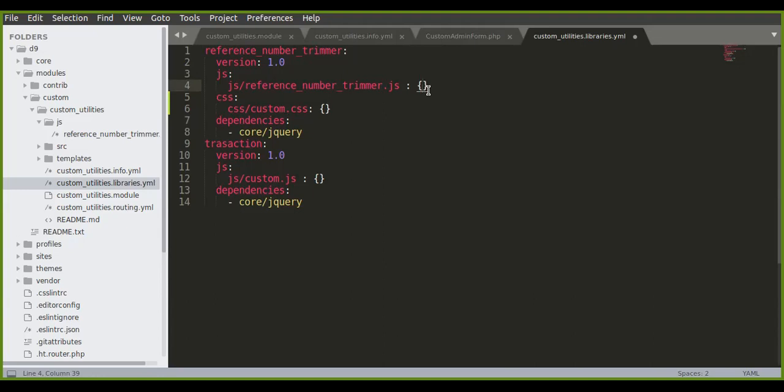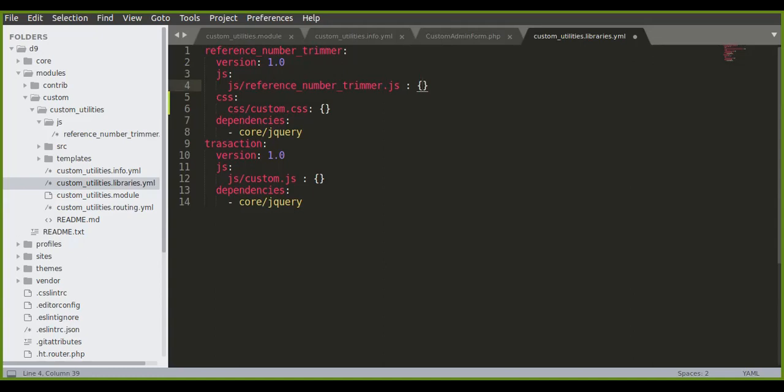For example, if some JS will load at the top, you need to put it at the bottom; you can specify your weight in this area. I hope you are clear on this so far. Some of the topics can be advanced. Once you work on this, you will come to know how the libraries work.